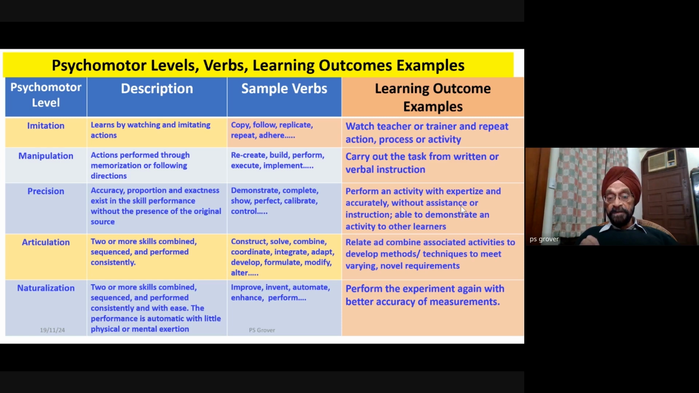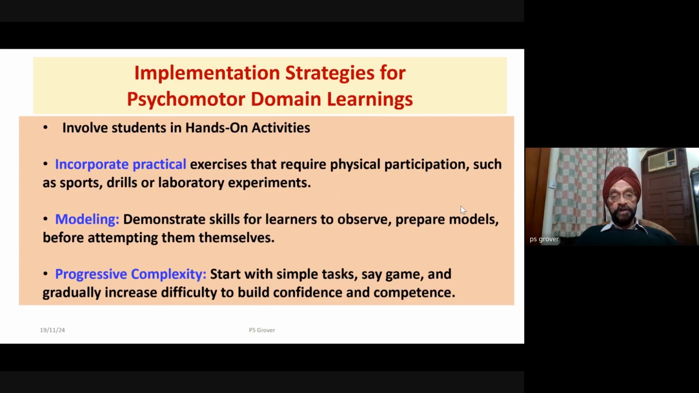So, here again, there are verbs. Now, what are the implementation strategies for psychomotor domain learning? Involve students in hands-on activities. Incorporate exercises that require physical participation such as sport, drills, or laboratory experiments. Modeling demonstrates skills for learners to observe, prepare, and model before attempting them. Progressive complexity: start with simple tasks, say a game, and gradually